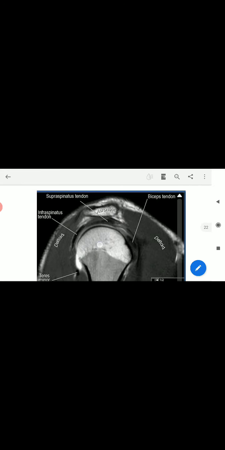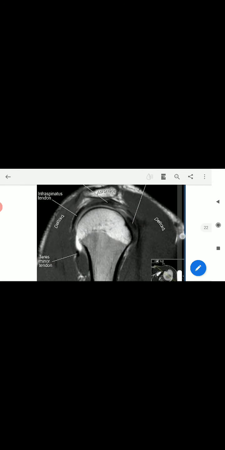This is the en-face view of the glenoid. This is what we see in the 3D CT scan. In this picture, we will be observing for any bony Bankart. So now we are seeing this is the supraspinatus, this is the infraspinatus muscle, this is the teres minor. All three merge to form the cuff, and we'll be seeing that in the next pictures. This is how we look at supraspinatus, infraspinatus and the teres minor. This is the anterior fibers of deltoid, this is the posterior fibers of the deltoid.